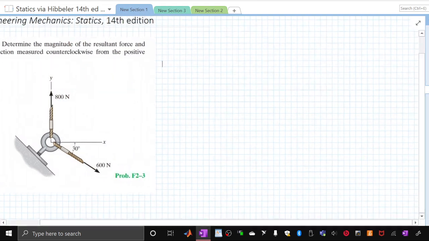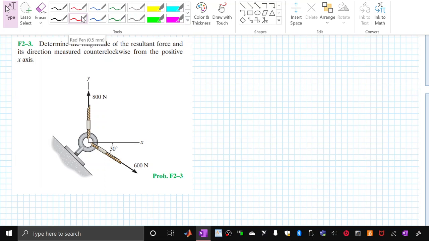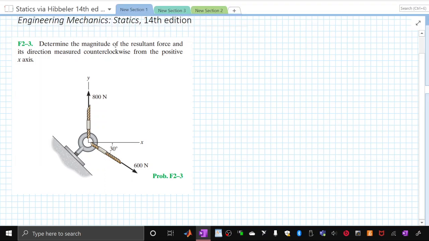So let's actually solve this problem. It says determine the magnitude of the resultant force and its direction measured counterclockwise from the positive x-axis. So the way we do it is